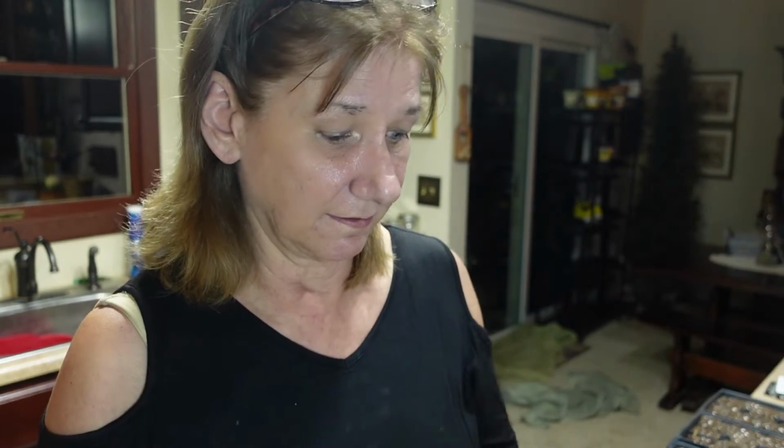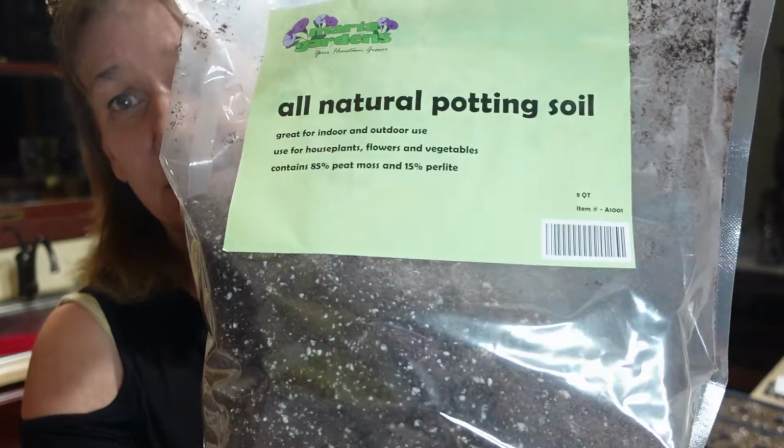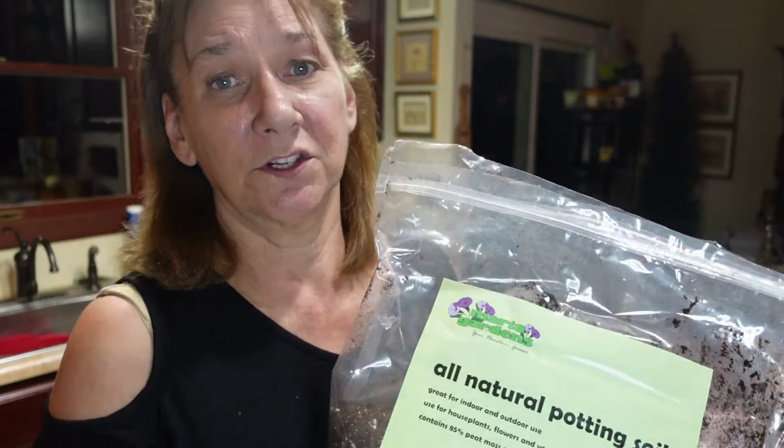Everything's great. Growing, not a problem. The only thing that I had the problem with was getting the gnats. So I went back up to Maria Gardens, and this one that I got was in a smaller bag, but the ingredients in here are just 85% peat moss and 15% perlite. And it's 8 quarts, and it was $6.99 for 8 quarts, where like if you do the Jiffy starting mix,